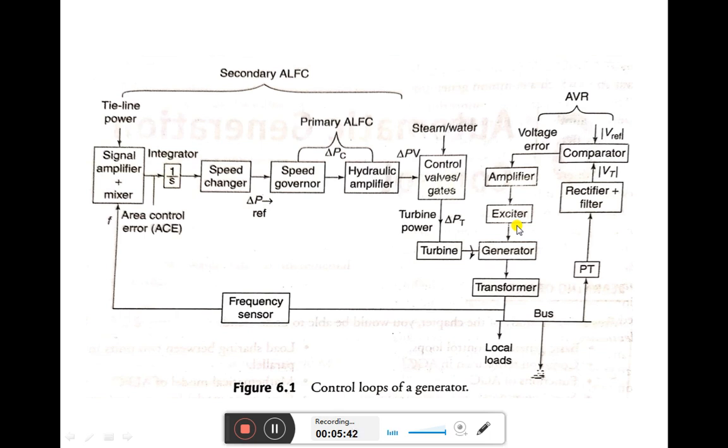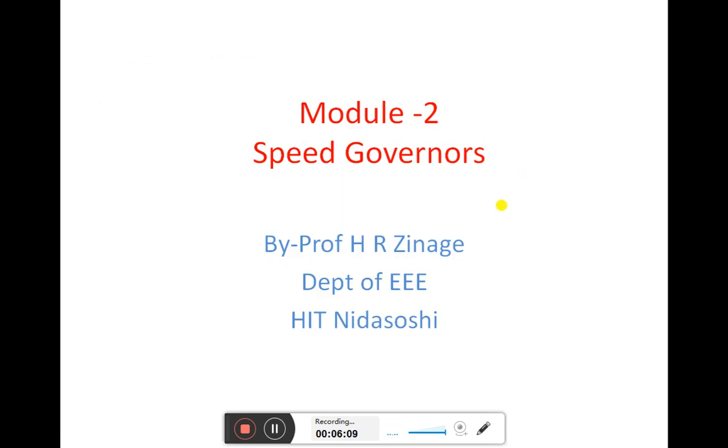Then we are going to give that to the exciter. Now what is the exciter? It is nothing but the field winding of the generator. The exciter's input, or the current flowing through the exciter, will be varied depending upon our error. Suppose, for example, this Vt is less than V reference. In that case we will find a negative error, which means the voltage needs to be boosted.